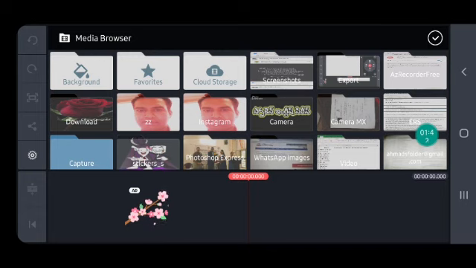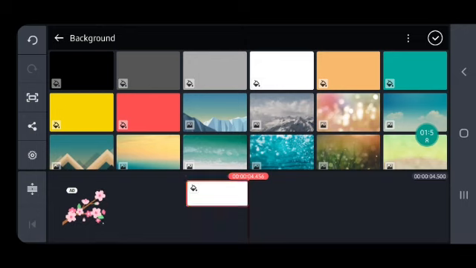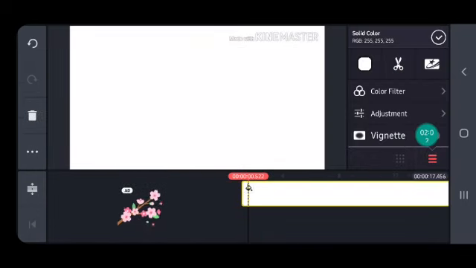Background, favorites, screenshots, everything. So let us go to backgrounds, and here these are the backgrounds that are preloaded on KineMaster. Let us go for the white one. White one is my favorite, and look here.